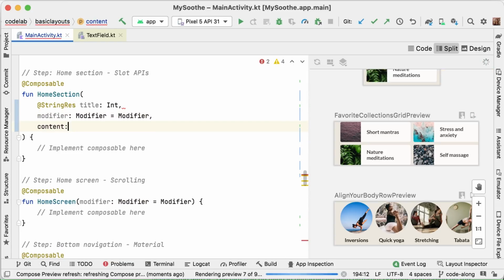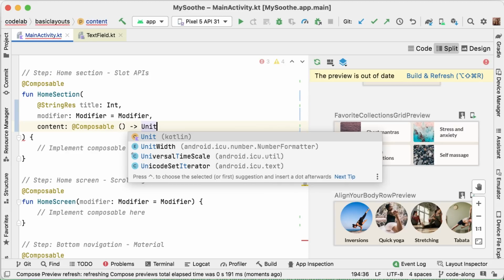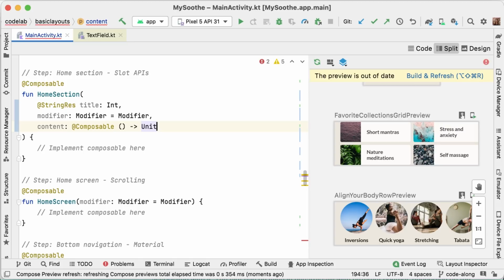And the content will be any composable, and then it will be up to the caller of this method to decide what that composable would be. So to do that, we can specify that this needs to be an @Composable method that gets nothing and then returns a unit. This is like the canonical way to define a composable in such a parameter definition.